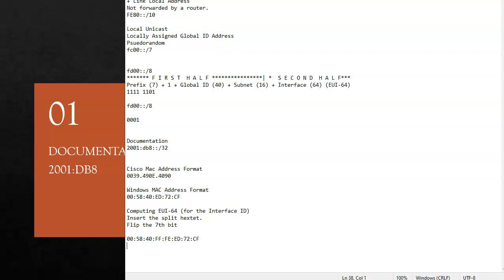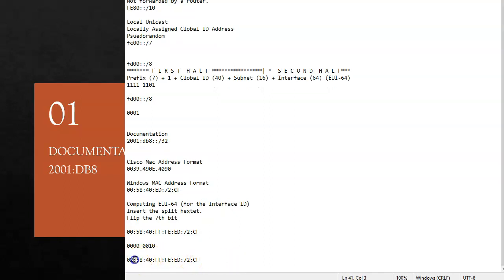If I look at this 00 in terms of bits, I'm going to turn that bit over to a 1. Notice that's the bit that represents 2. So if I write this again with my 7th bit flipped, that 0 is going to become a 2. And the final thing I do here is take these colons out.